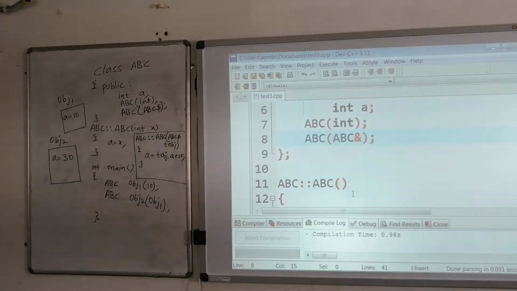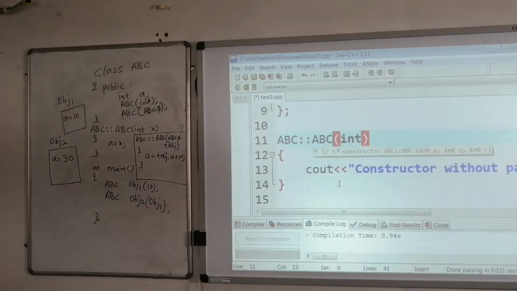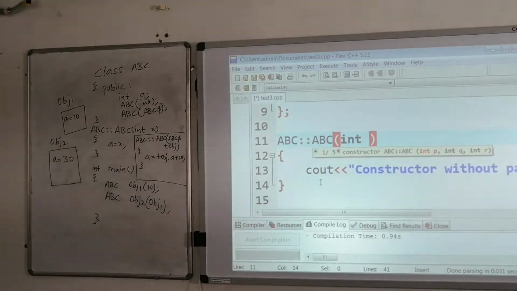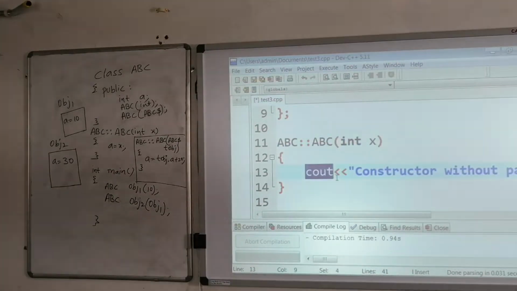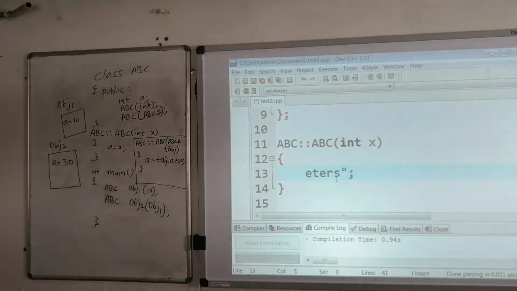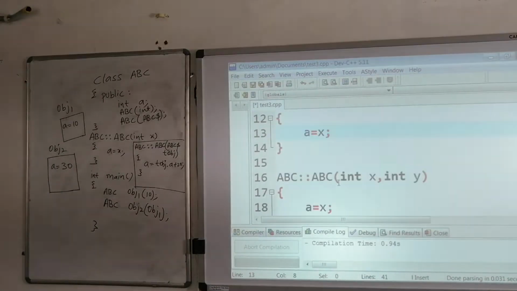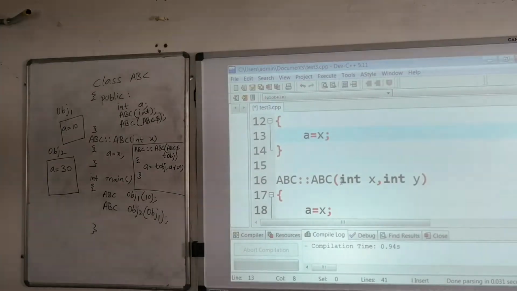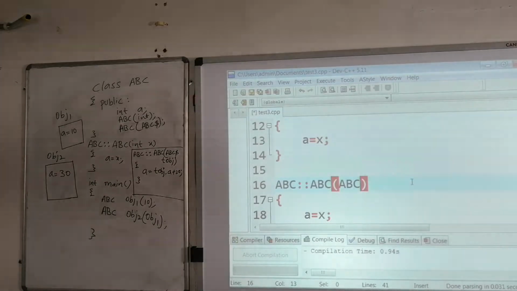So now when I am writing the definitions for my constructors, first we have to take X. Then remove this one. Here what we have to do, A is equal to X, like this you do. Then over here, receive that alias, ABC and ampersand, and what is the alias?